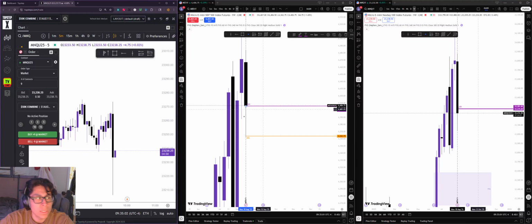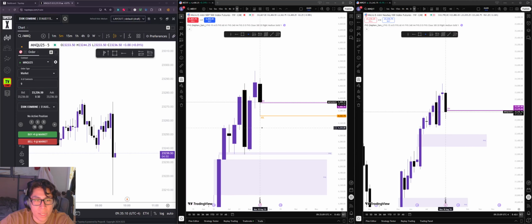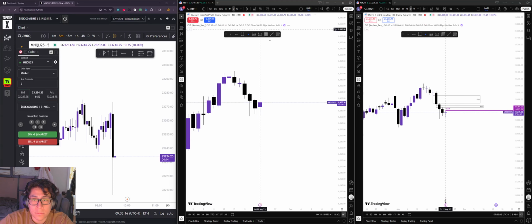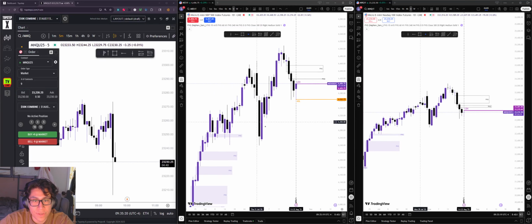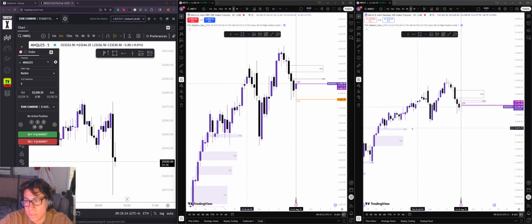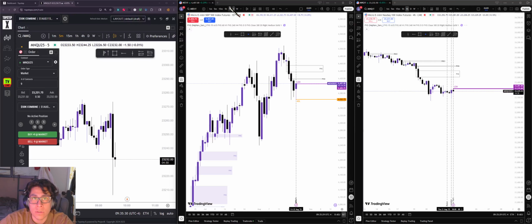Yeah. So I'm moving the layout around a little bit. We have MES right here and MNQ right here. Just looking at this, I already marked out some session highs and lows. Looking at the daily, let's see, we don't have any daily FEGs. If anything, maybe we'll look into going towards this level right here. Perhaps dip back into here, this level as well. These are definitely options. So let's see, looking to the 4 hour.